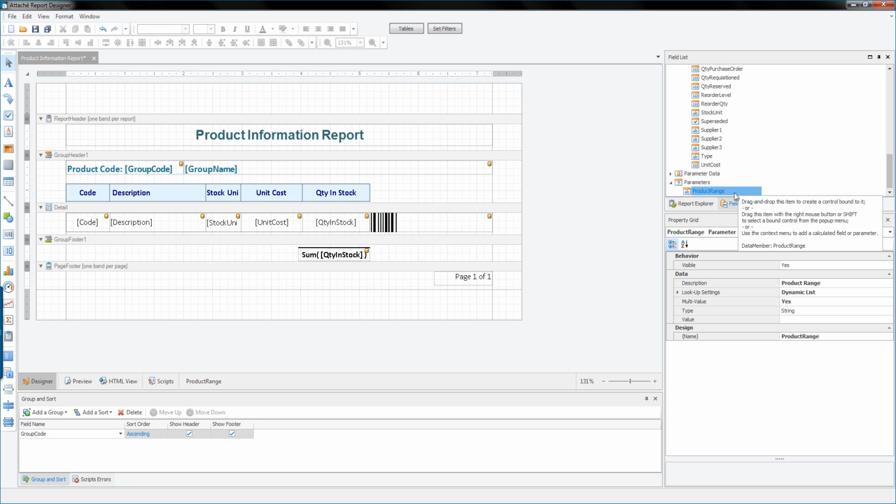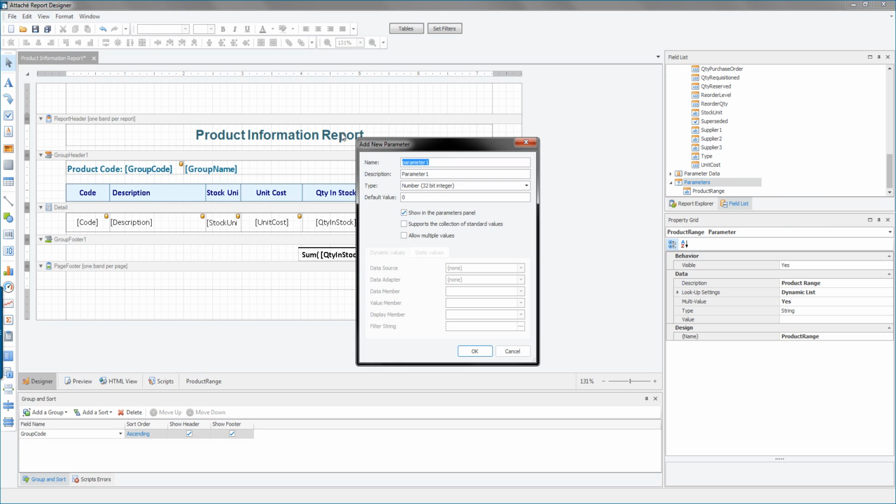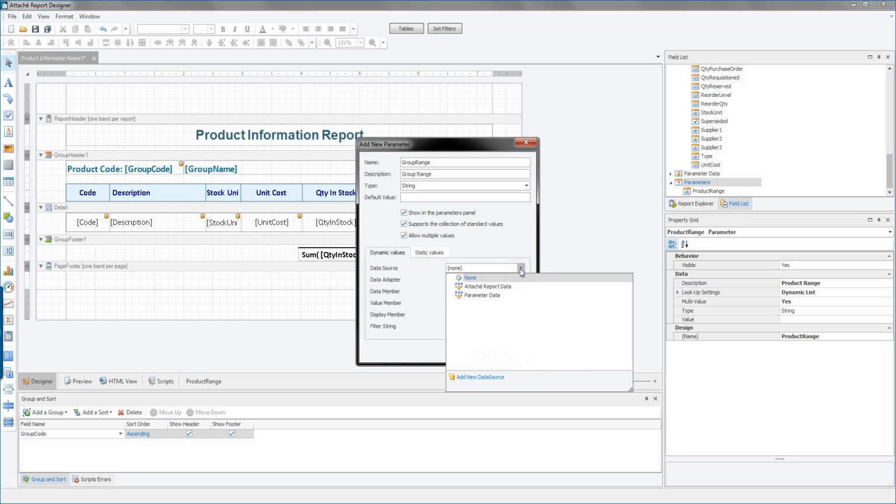So that has added our first parameter called product range. We will then repeat those steps to add another parameter range for group. So let's go through that now. So right-click on parameter, select those three checkboxes. In our data source, we will choose parameter data,